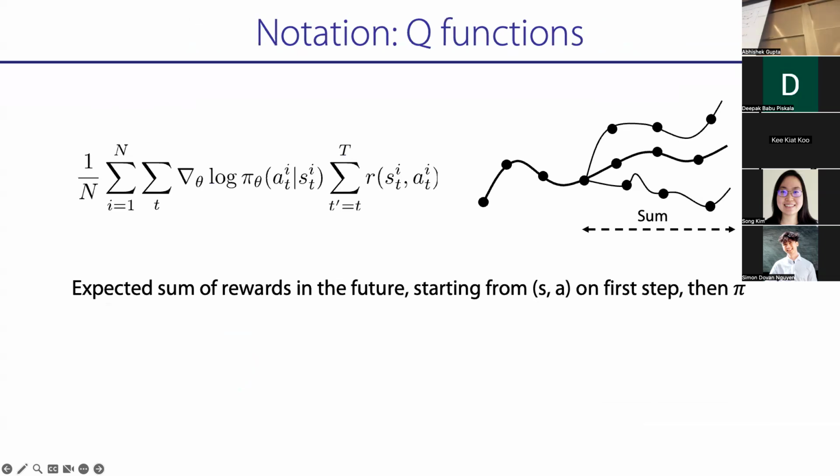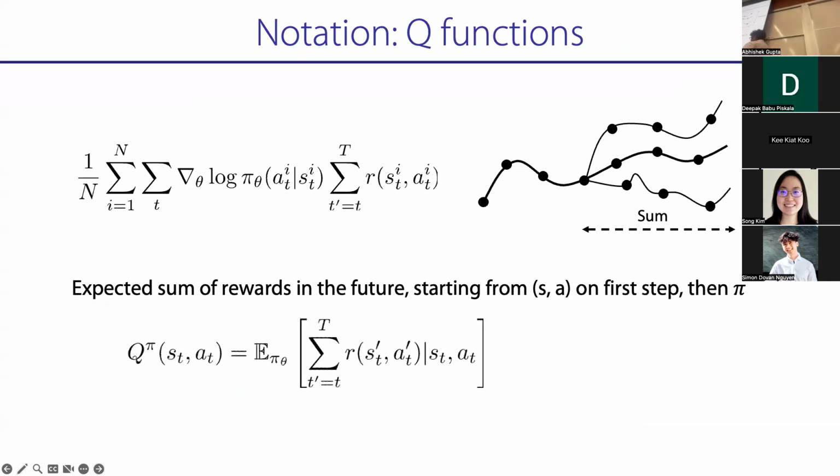Cool. All right. So the primary object we're going to be using is this thing called a Q function. A Q function is the expected sum of rewards starting at some state S_t, and then following the policy thereafter, after taking the first action A_t. So I'm starting at S_t, I'm going to take one action A_t, which goes as input to the Q function, and thereafter I'm going to follow the policy pi.